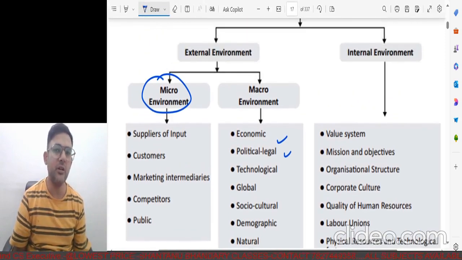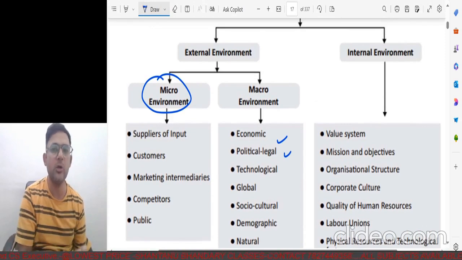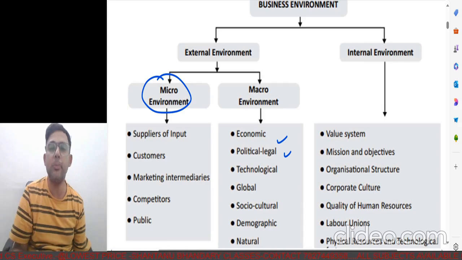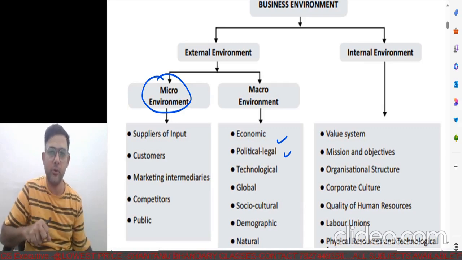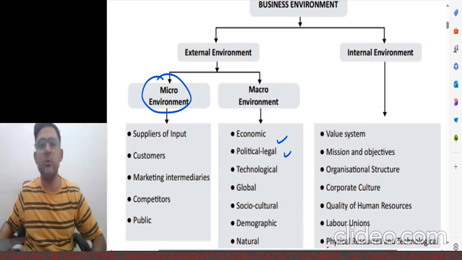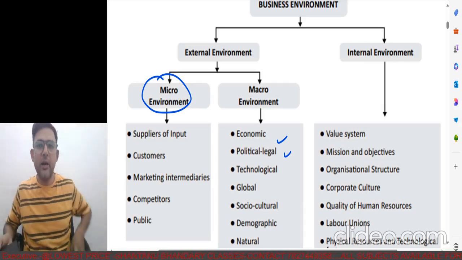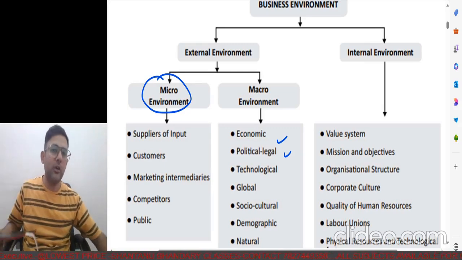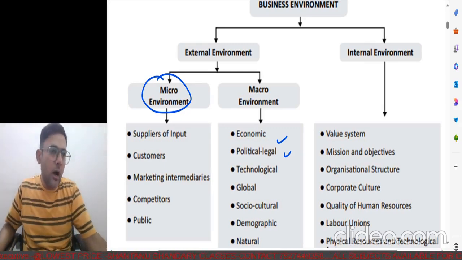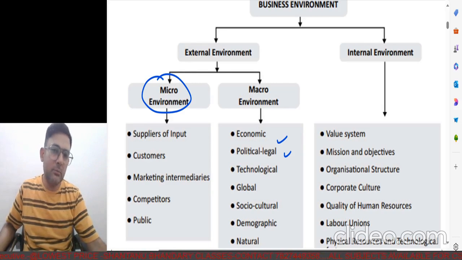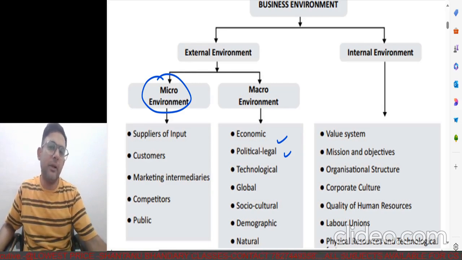But then in the external, we also have our suppliers, we also have customers, we also have competitors. On this, we have some control. As I was saying just now, I won't be able to decide for a consumer as to what they will buy. It's their money, so they will have to decide for themselves. But how or why this has been placed under the micro environment, meaning that we have slight control over it,